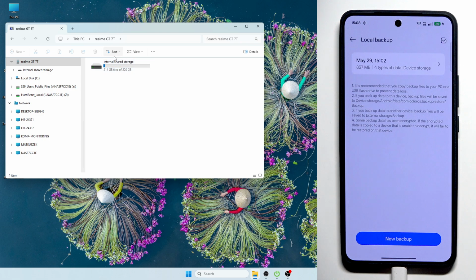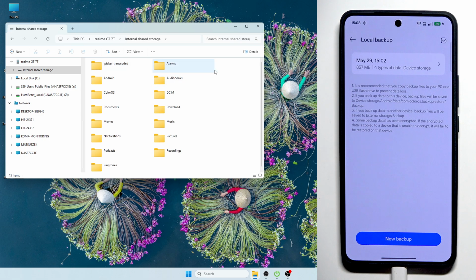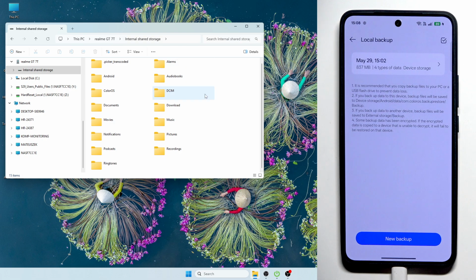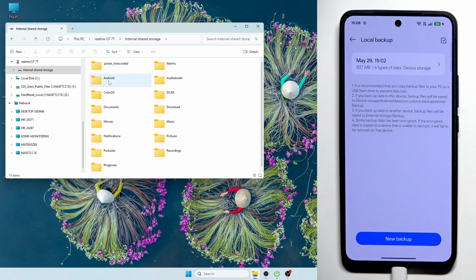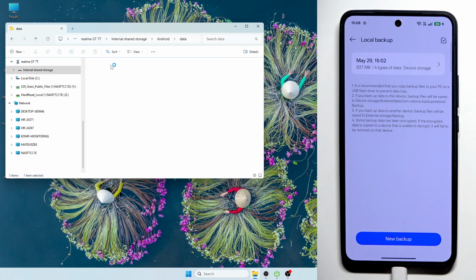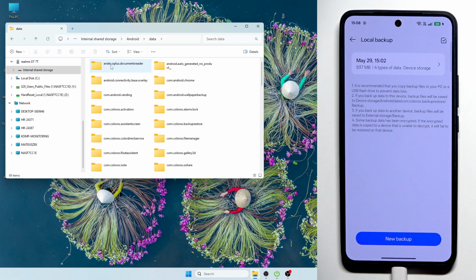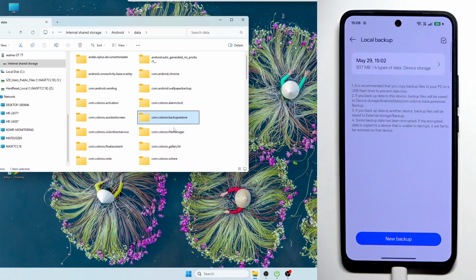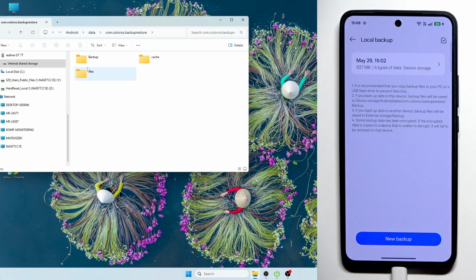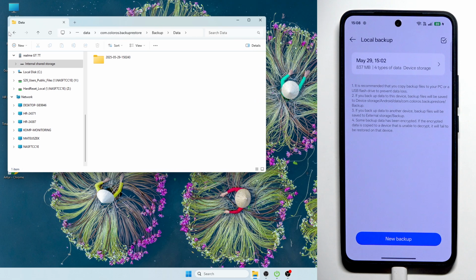Now simply click in here, get into the internal storage, internal shared storage, and now we need to find the Android. Now click on data, and now we need to find the com.colors.backuprestore. It is right in here. Get into that, and now click on the backup. And in here are all our things that we have backed up. So everything what's in that folder, we can simply